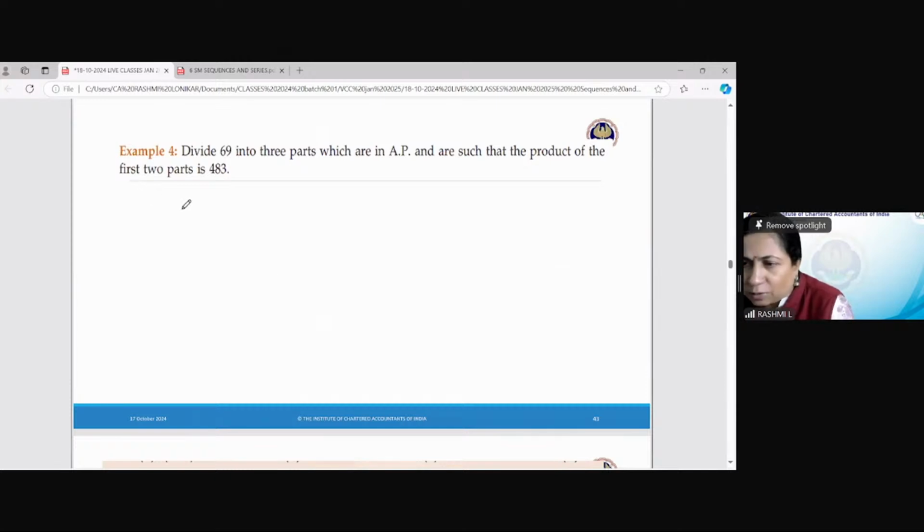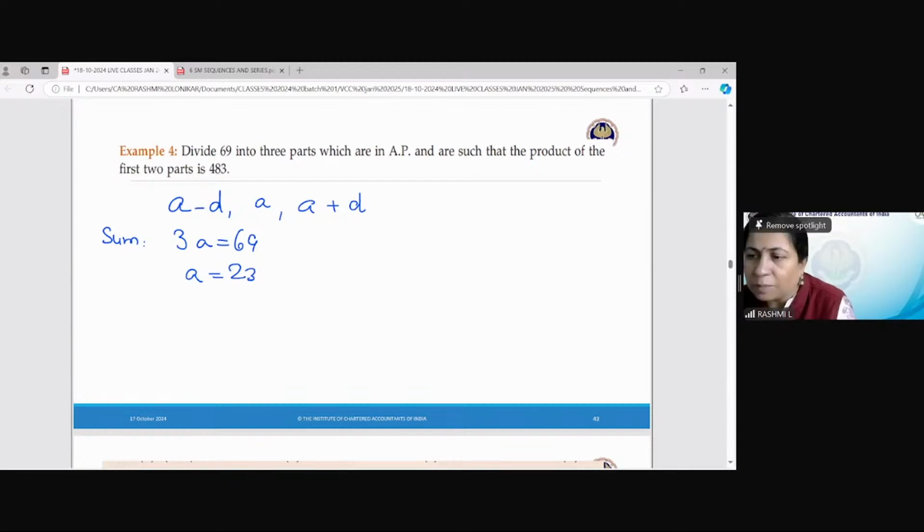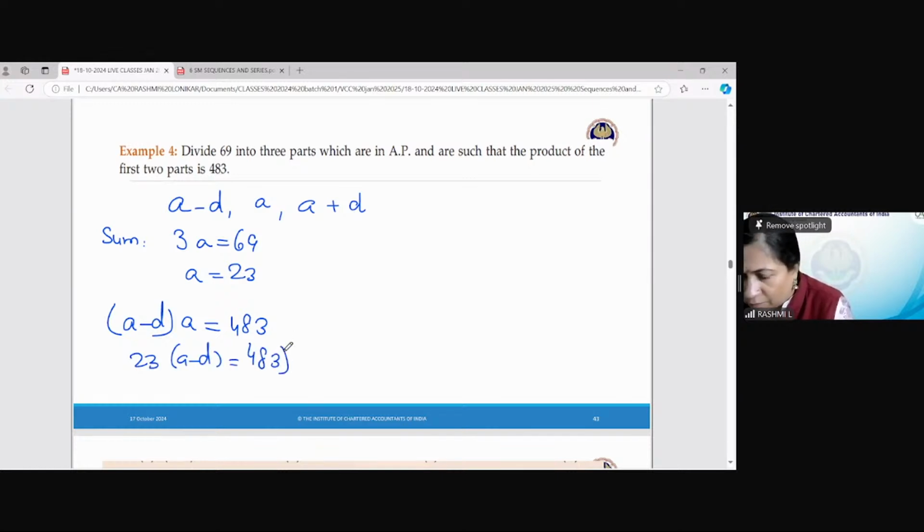जिनका मिस हो गया उनके लिए तुरंत फटाफट बता देती हूँ। 3 नंबर्स लीजिए, A-D, A और A+D, उनको सम करेंगे। If I'm going to sum them, so this will become 3A is equal to 69. So I get A is equal to 23. Okay, and then product of the first two parts. So (A-D) into A is equal to 483. So 23 into (A-D) is equal to 483. So I get A-D to be equal to 20,